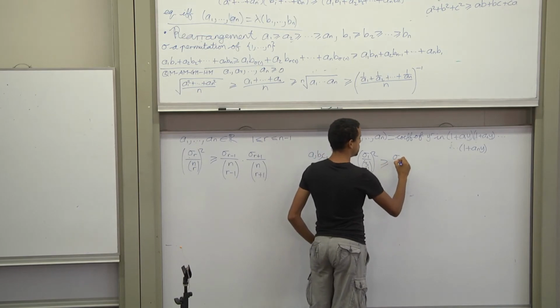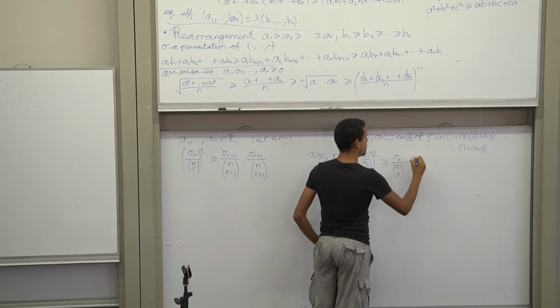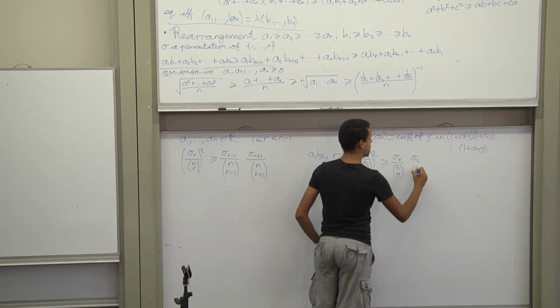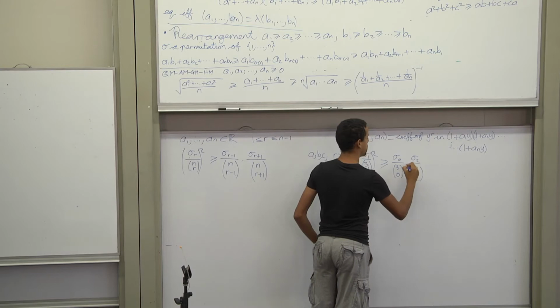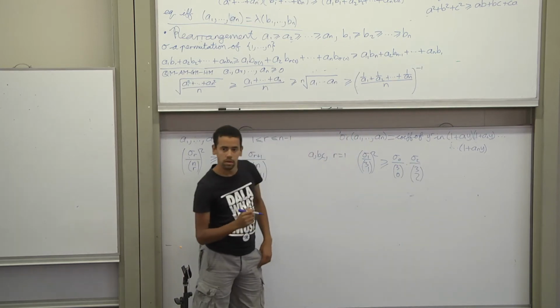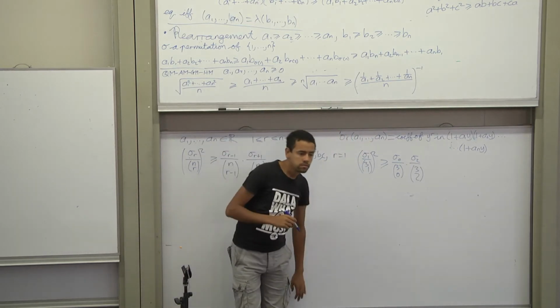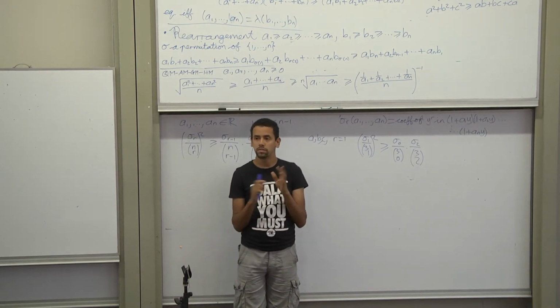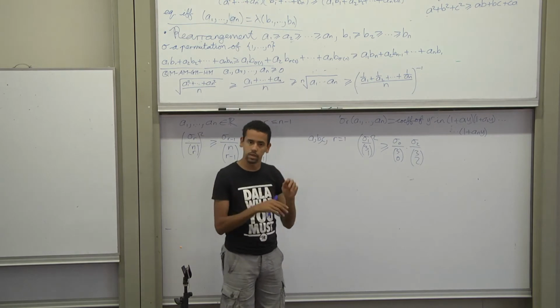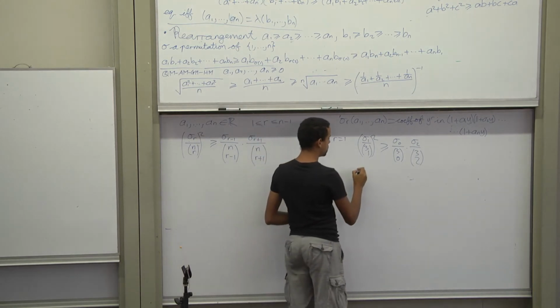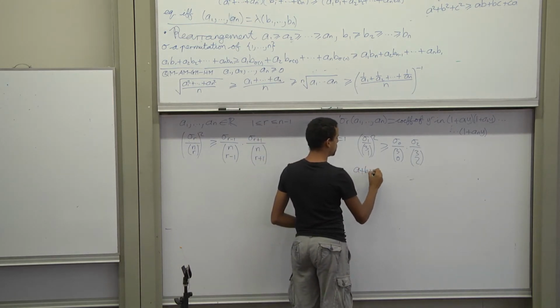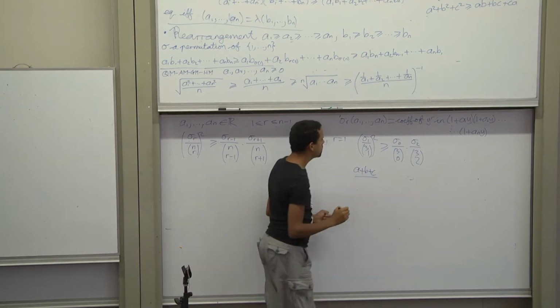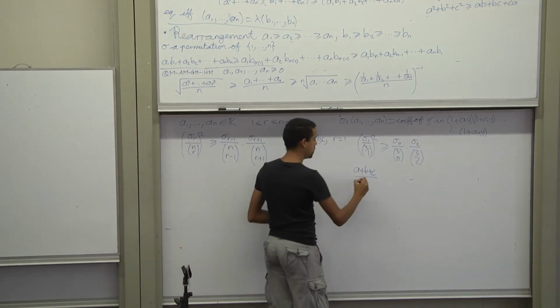I have sigma 0 over 3 choose 0, and sigma 2 over 3 choose 2. Okay, what's sigma 1? Remember from yesterday? You just add together all of them one at a time. So here we have a plus b plus c divided by 3 choose 1, which is 3,